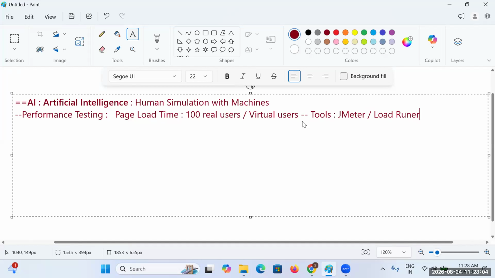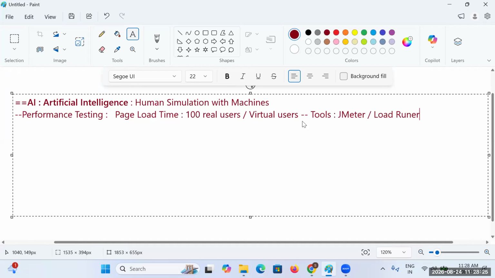In the market we still have a lot of other tools, but most of the time people discuss these two. So one is JMeter and one is LoadRunner.